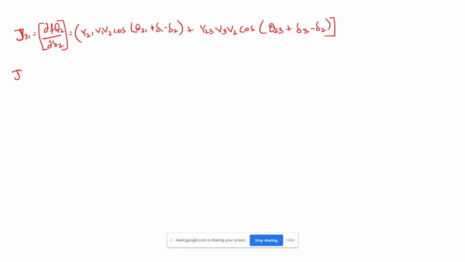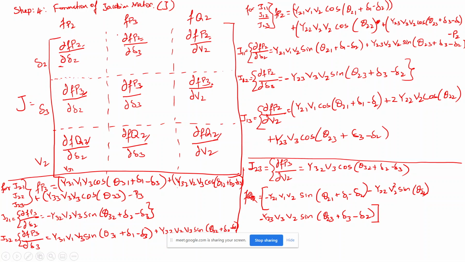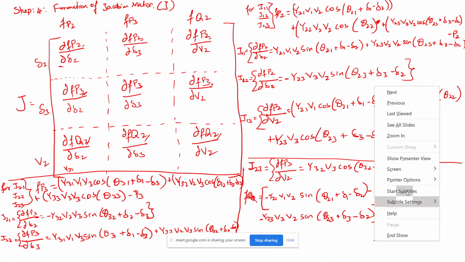Excuse me, sir, I have a doubt. Yes, ma'am. Like in the beginning, when we took the equation, it was all negative. Then how did we convert it to a plus sign? Okay, that is a good question. Here we need to differentiate this value with respect to del 2. That is a very good doubt, and I'll explain that.